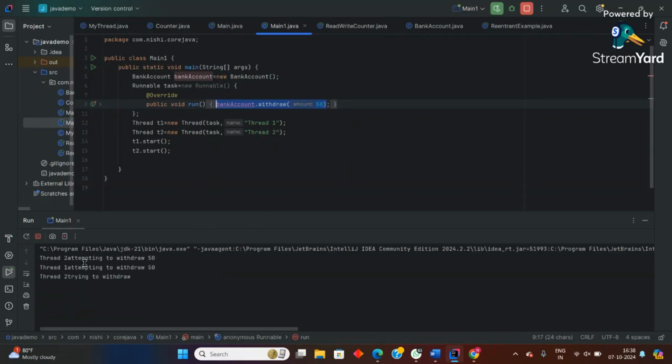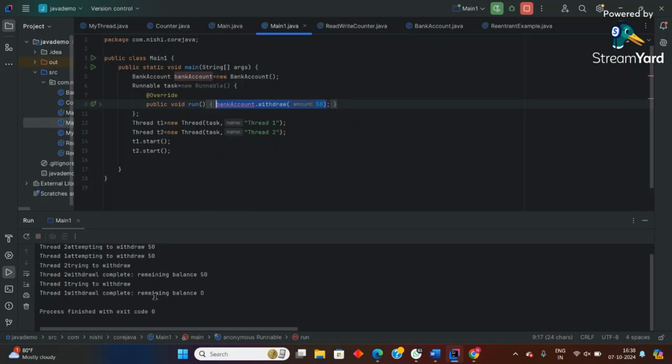So thread 2 attempt to withdraw, thread 1 attempt to withdraw, thread 2 trying to withdraw, thread 2 remaining, thread 1. So see, remaining balance 0. So this time what happened? Thread 2 came first. In Java there is no order, it is randomly assigned. So thread 2 came first, thread 1 came second, thread 2 trying, thread 2 entered, thread 2 acquired the lock,